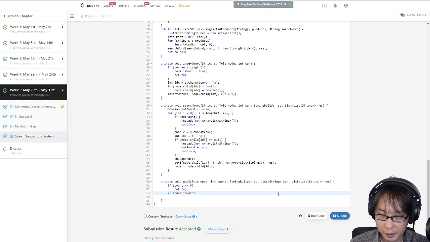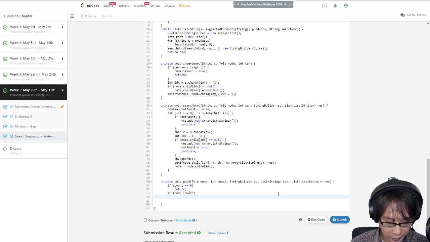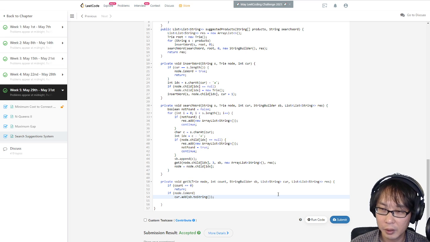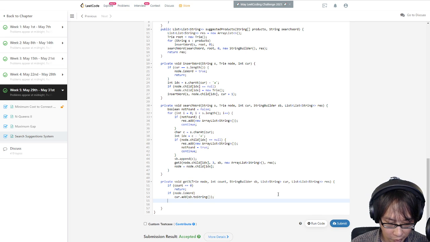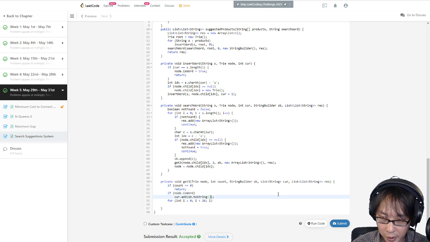Okay, so if it's a word, then cur dot add sb dot toString. Okay, now I go to the child. So for int i equals 0, i smaller than 26, i plus plus,